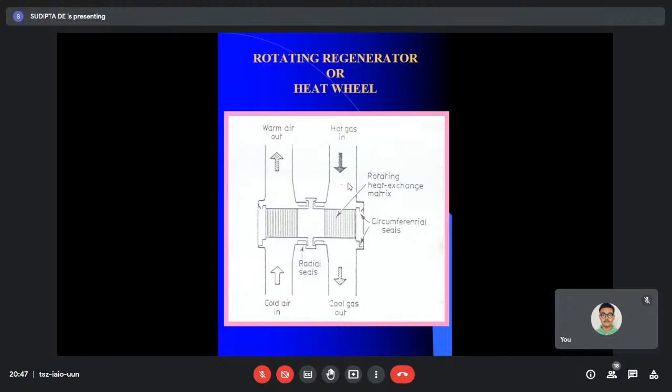Next sentence. As there is always a pressure drop as the fluid passes through the matrix,